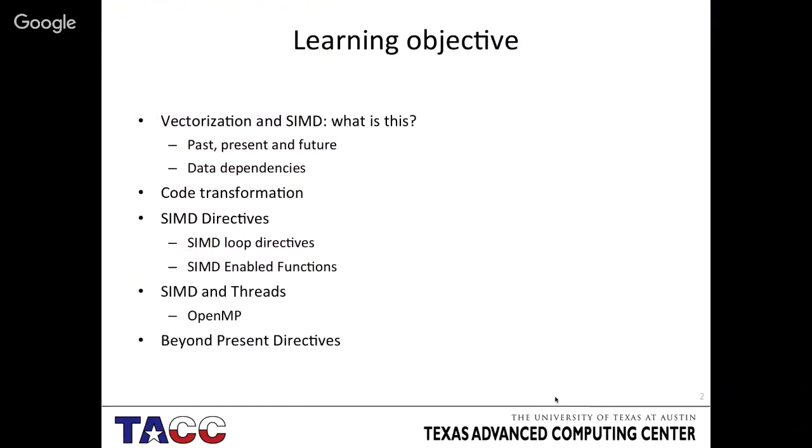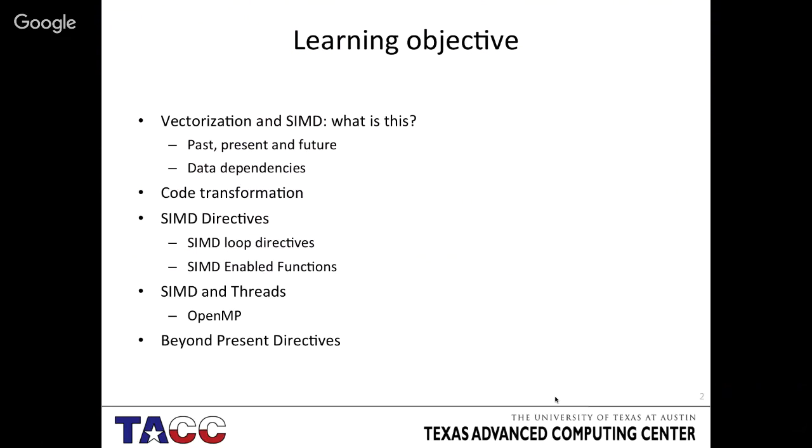Okay, so the learning objective today is to go over what vectorization or SIMD is, and look a little bit at where it was in the past, the present, and possibly a little bit of the future, and look at the idea of data dependencies and what that means for vectorization. Then we'll discuss what actually happens in vectorization, talk about code transforms, and then we'll look at the SIMD